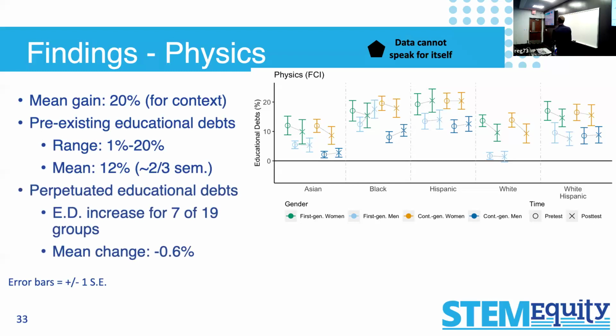Okay, so I also look at these lines. Some went up, some went down, but in general they're more flat. I would say this is a perpetuation of educational debts, right? The educational debts increased for 7 of the 19 groups, which had a slope up. That means 12 of the 19 were down, with an average change of negative 0.6%. So we went down, but if we had an average of 12% educational debt to pay and we paid 0.6%, this is mostly maintaining or perpetuating. It's pretty flat, right? So they come in owed the same educational debt they leave with. Yes. I mean, if this were data that I was working with in my own science,